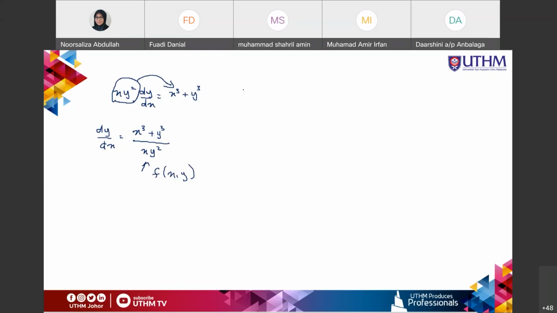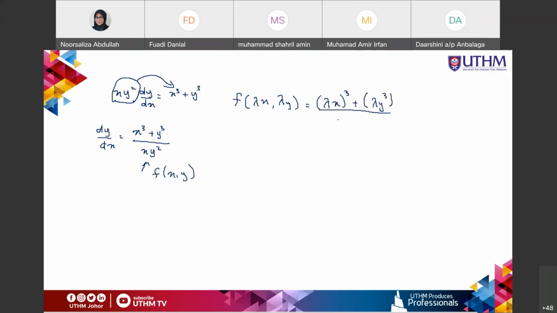So now to test homogeneous ataupun tak, f lambda x lambda y equals to, use this equation, lambda kuasa 3, x kuasa 3. So you have here is lambda x kuasa 3 plus the y